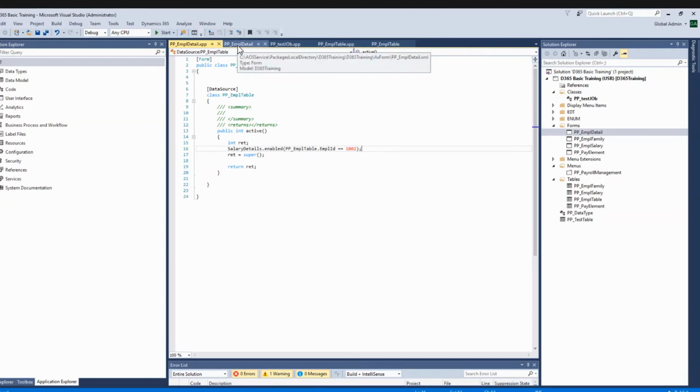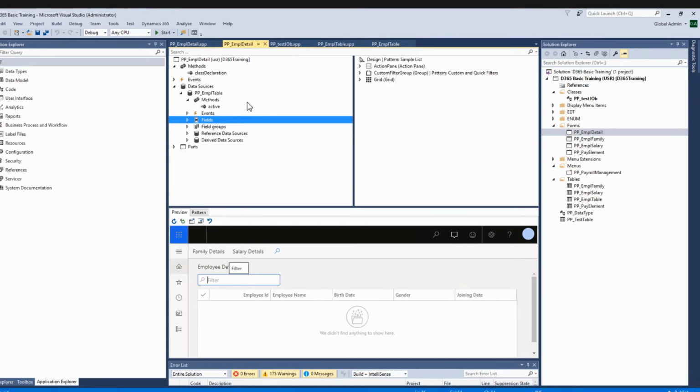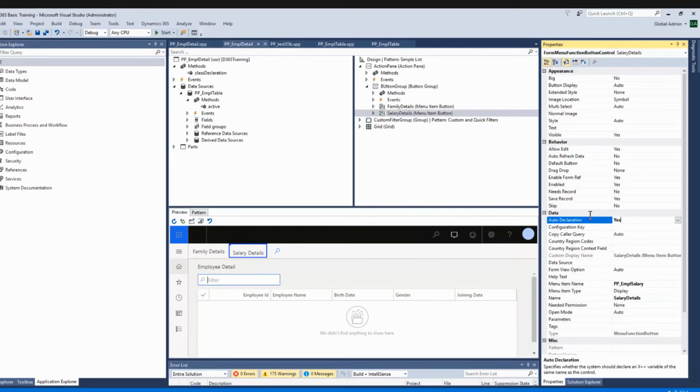So in the pp underscore empl detail form, what we did, we went to that button. I will show you the button group, this salary detail. If I right click, properties, auto declaration is yes. Only if this is yes will we be able to use this button in our program.